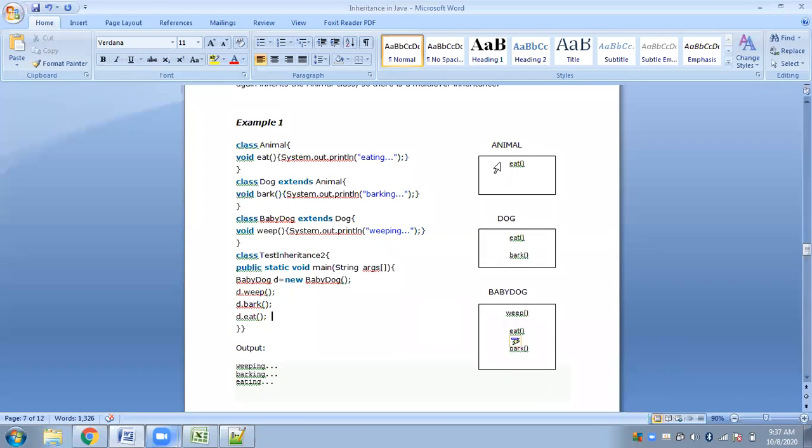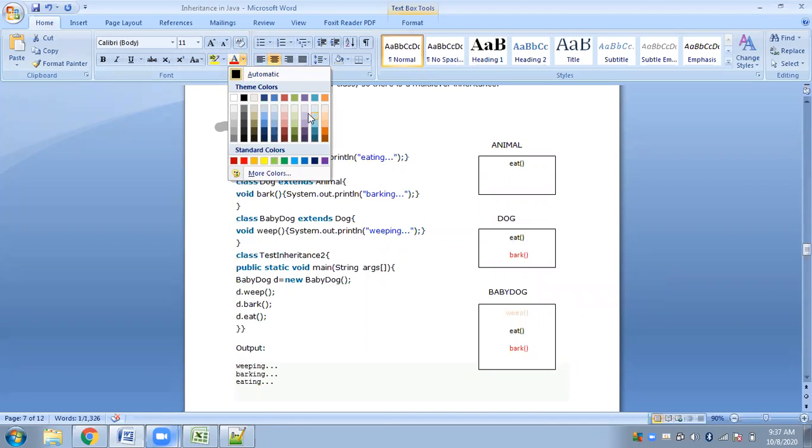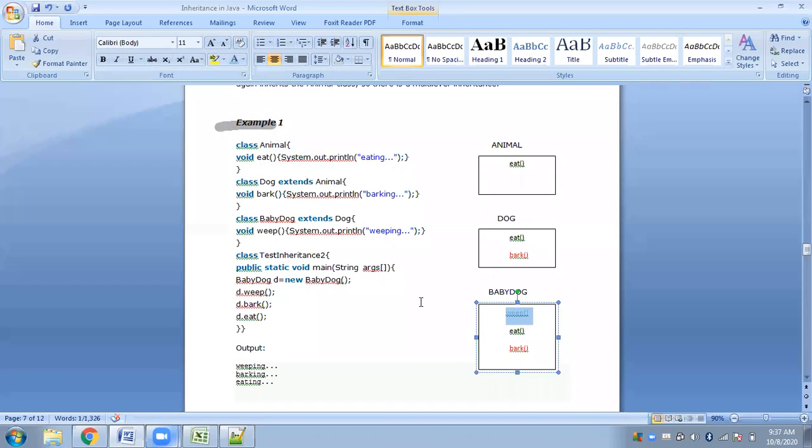So if you see, have you understood this? Dog inherited animal, so apart from its own, this is the dog's own method. Now eat was of the animal class, bark was of the dog class, and whip is of, let me just highlight it with a different color, so blue, the baby dog class.